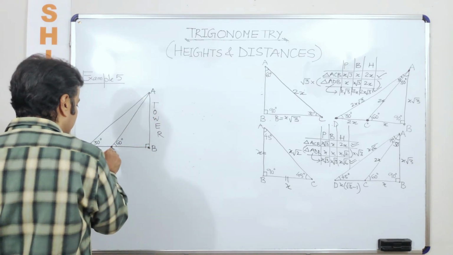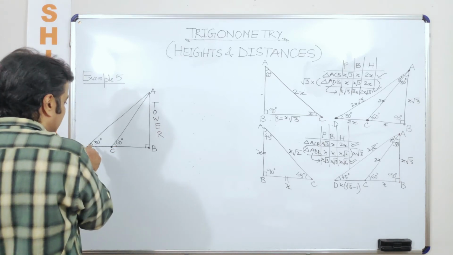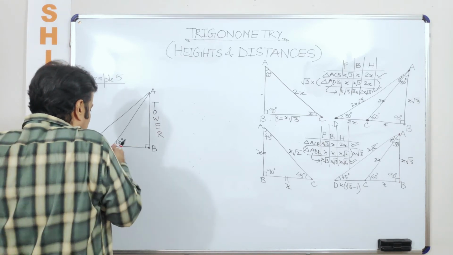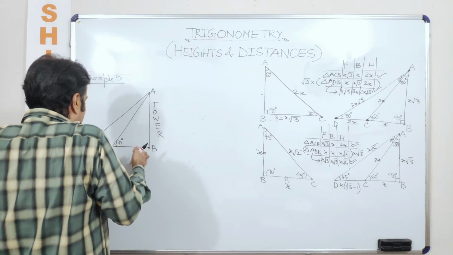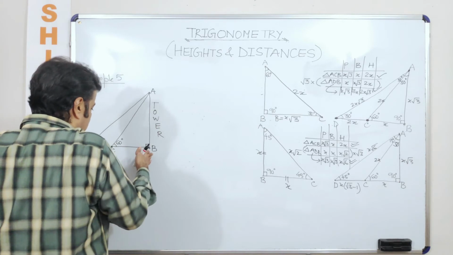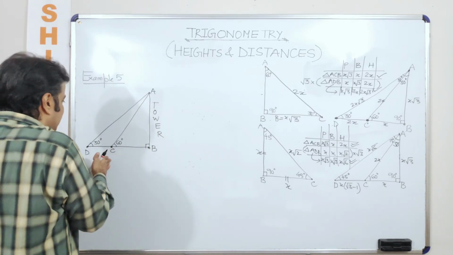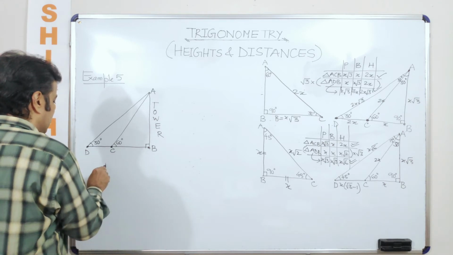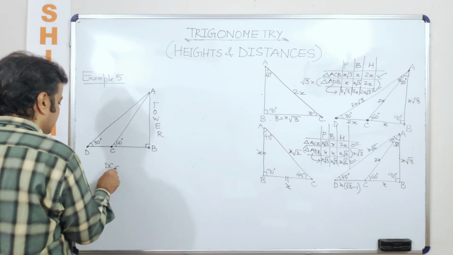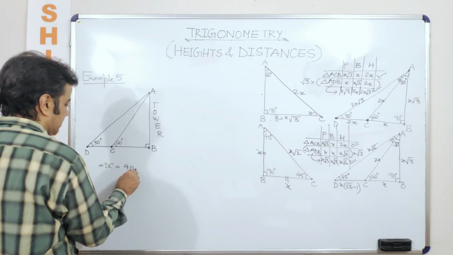But if the angle of elevation changed from 60 degrees to 30 degrees, in that case the shadow length becomes 40 meters longer. So this becomes the shadow length now, and initially the shadow length was BC. So 40 meters longer means what? The length of DC becomes 40 meters,